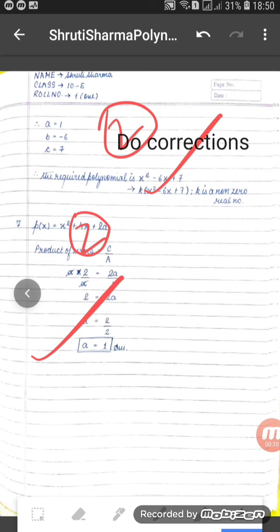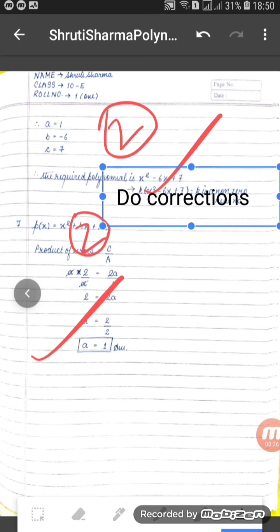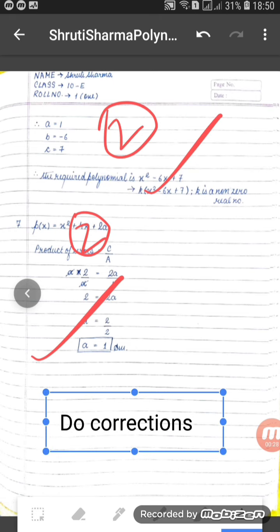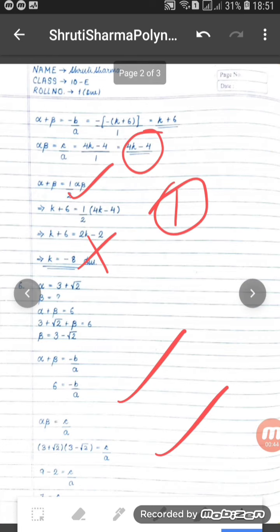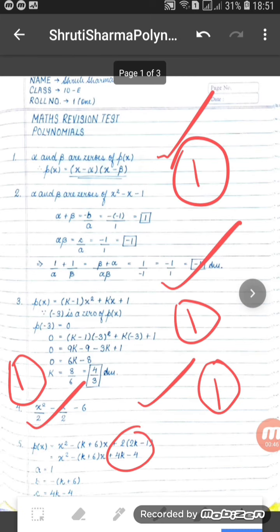And suppose now if I want to move the box, I will again press upon this do corrections. I'll get the box and I can start moving it and place it at the end, and again press on the paper to remove that box. Now this do corrections will be written there for the student to see. You can give any other instruction also if you want to give. You can use speech to text also, and then you can just move on to the first page.